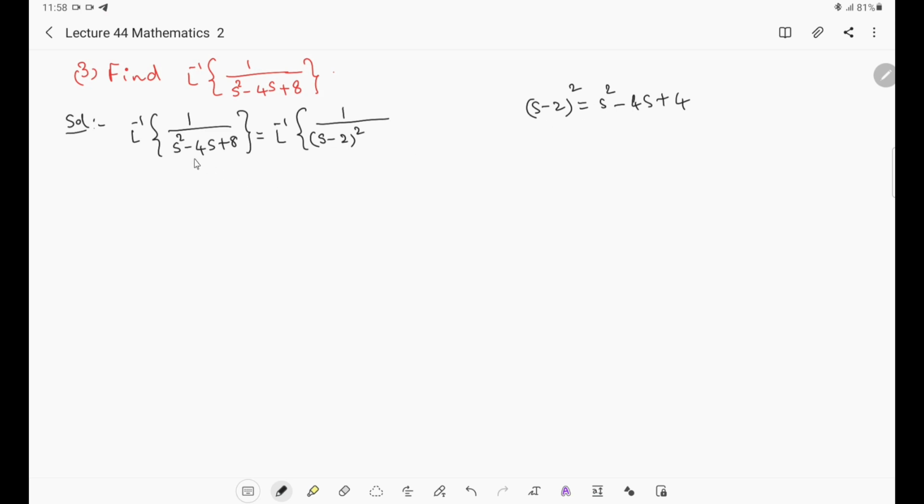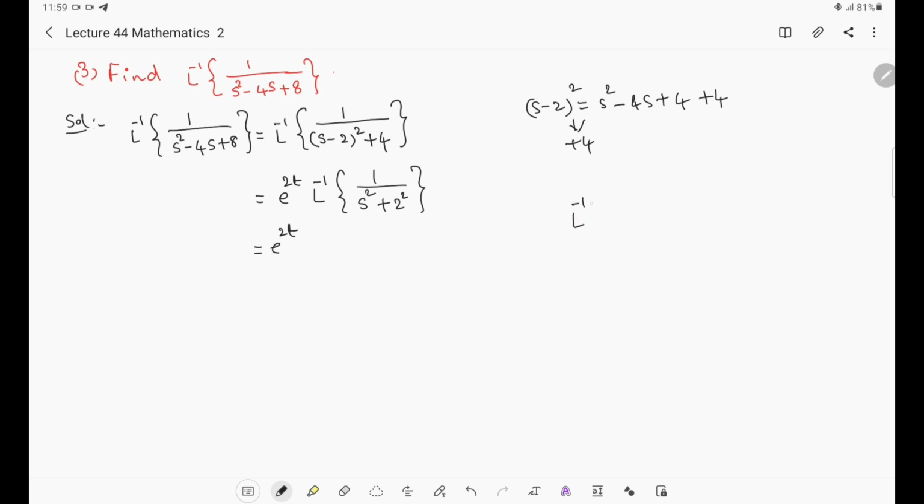So we will get s square is there, we are getting minus 4s is there, we are getting 4, but here we are having 8. So we have to add something here, plus 4 we have to add. So here also plus 4. That is why I am writing s minus 2 whole square plus 4. Now you apply first shifting property. See, wherever s is there, it is in the form of s minus a. So it is e power 2t into Laplace inverse of s minus 2 will become s, and s square plus 4 can be written as s square plus 2 square, then e power 2t.